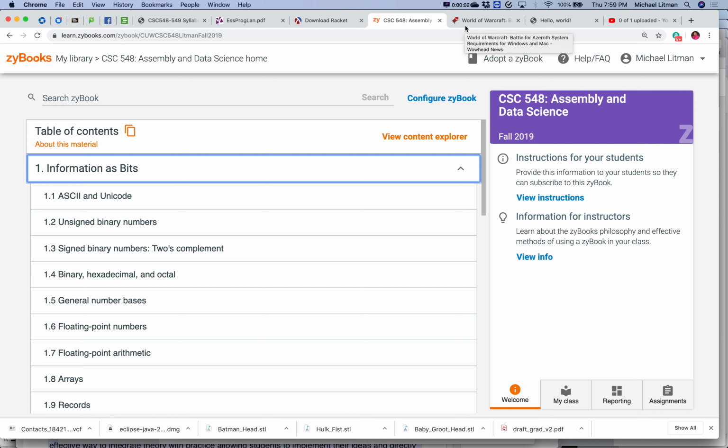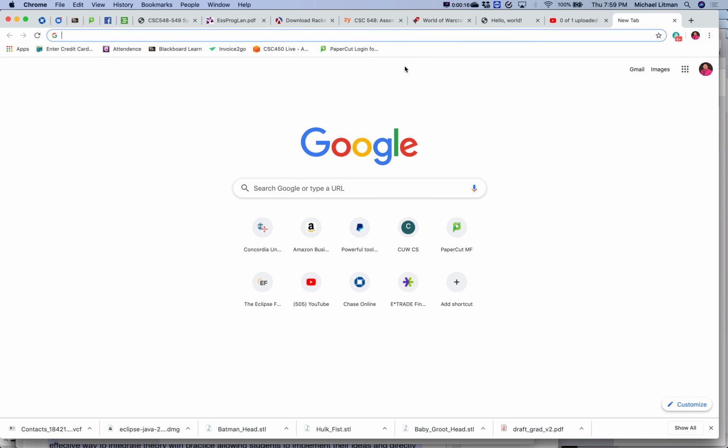All right, so I need to teach Slack, right? Both of you already have your CUW.edu email, or you don't have a CUW.edu email? Yes. You do. All right, so what you'll do is, everybody else in here, I think everybody else is on Slack already? All right, so you'll go to